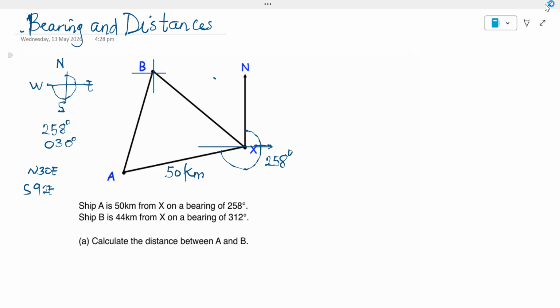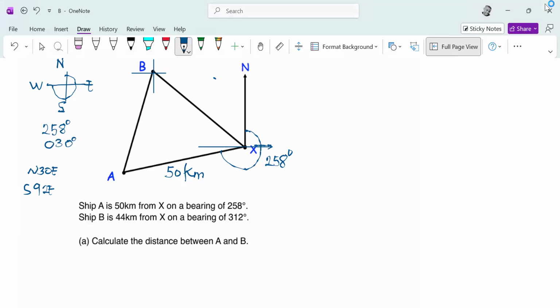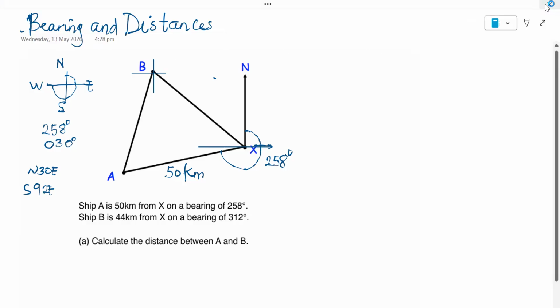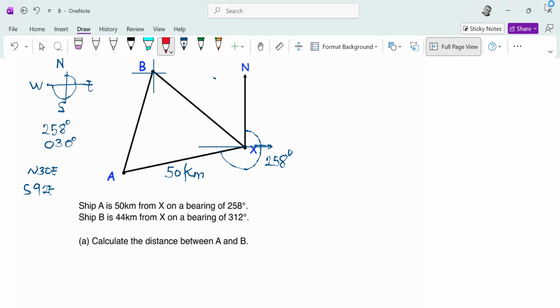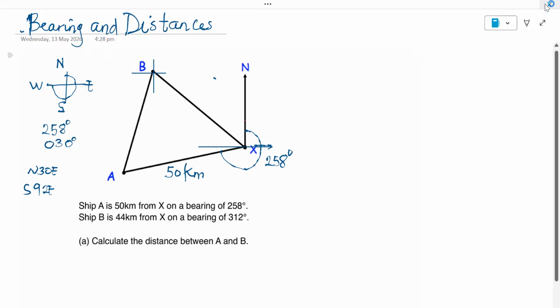In the second sentence, it says that ship B is 44 kilometers from X on a bearing of 312 degrees. Now, if you look carefully, 312 degrees is between 270 and 360. That is in the last quadrant, right? So if we come in that direction, let's take it this way. So let me use a different marker to show that illustration. So ship B should be 44 kilometers from X, right? So from the same point. So if we go in that direction,